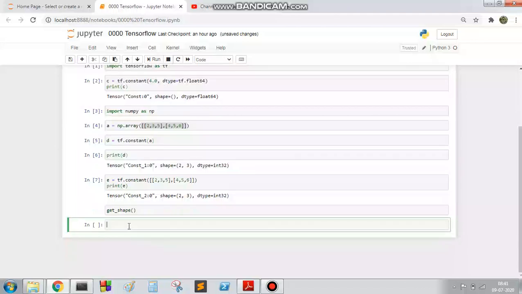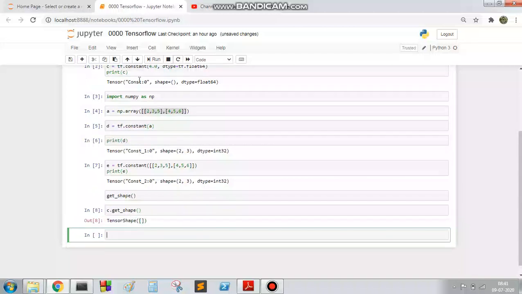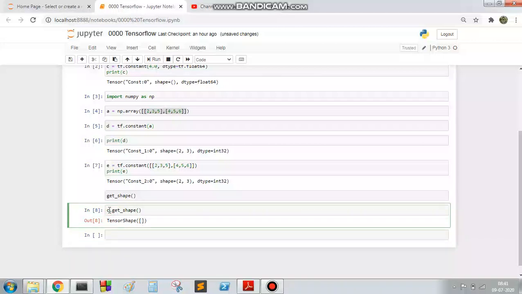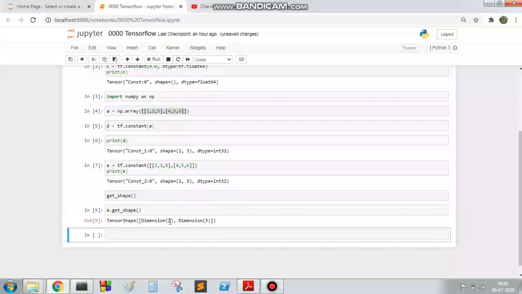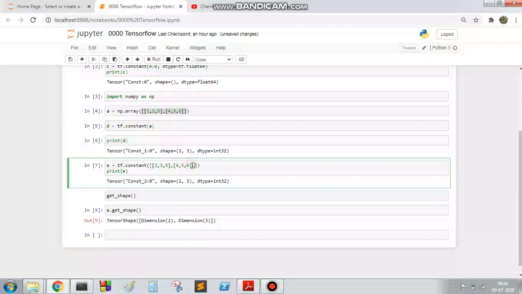Let's check here. Suppose I want to get the dimension of e. First, C is there, so C.get_shape. You can see it is a no shape, meaning blank. Now here I am putting e. You can see the dimension is 2 cross 3. And if I make it 3 cross 3,